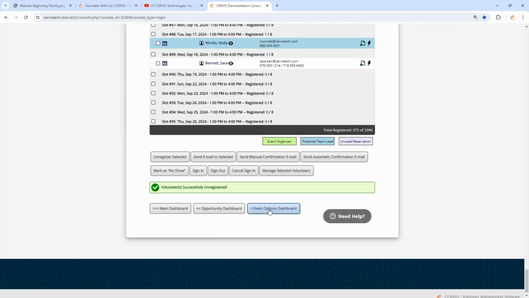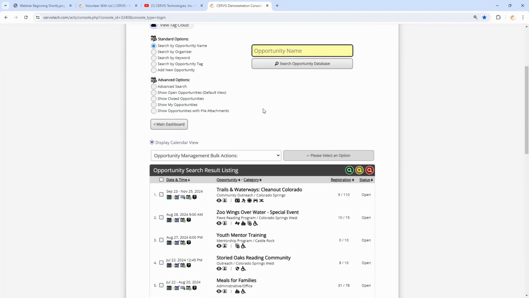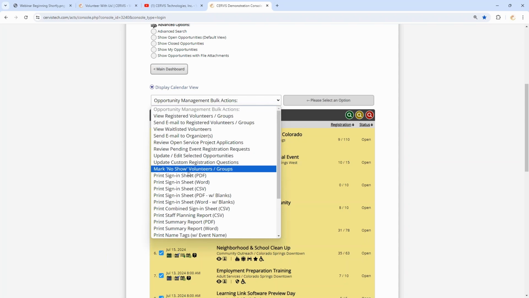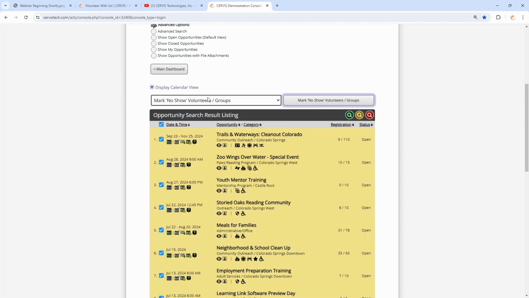The other way to do this is in bulk. So if we back up to the opportunity dashboard, we can select all of our current open events. That's the view that we're looking at right now, but I could also search for a specific set of events. And if we go into this drop-down menu for bulk actions, one of the options in here is to mark no-shows. This isn't going to automatically mark any no-shows, but when I click on this button that corresponds to that,